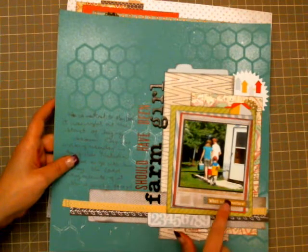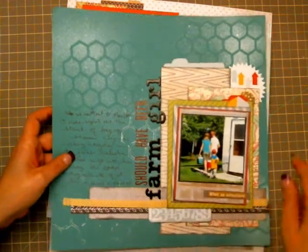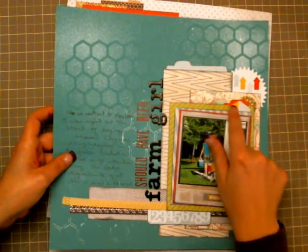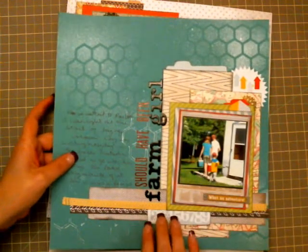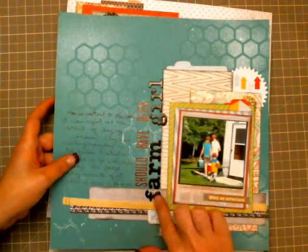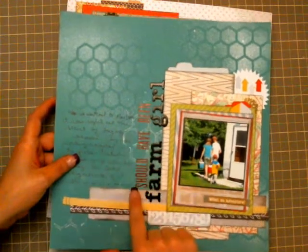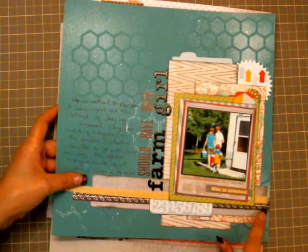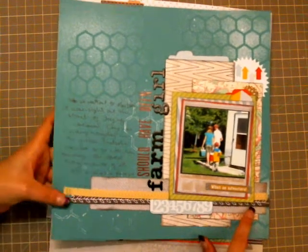and I just added a My Mind's Eye Indie Chic label to it. And then here's one of the little gold doilies, and here's some more of those die cuts. I just added a lot of embellishments to it. Then these are the Studio Calico Bliss stickers in the black, and those are more of those Amy Tangerine picture stickers. But yeah, I just again cut up, like, those strips, that